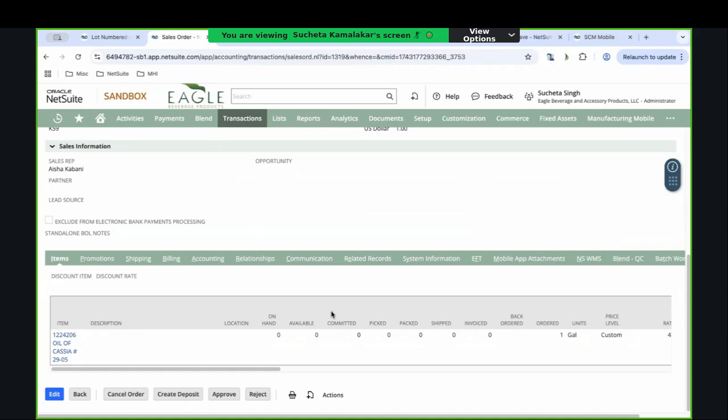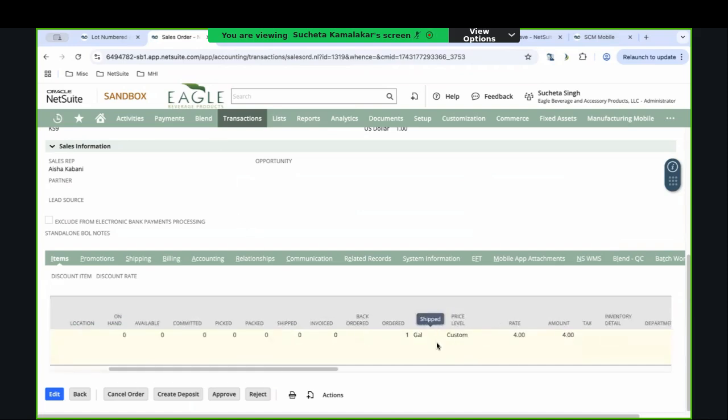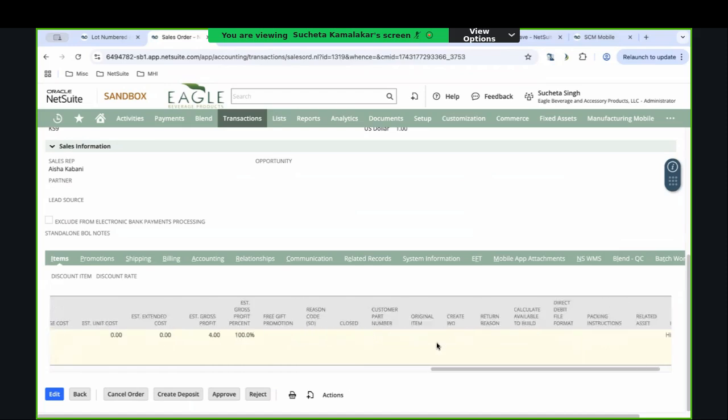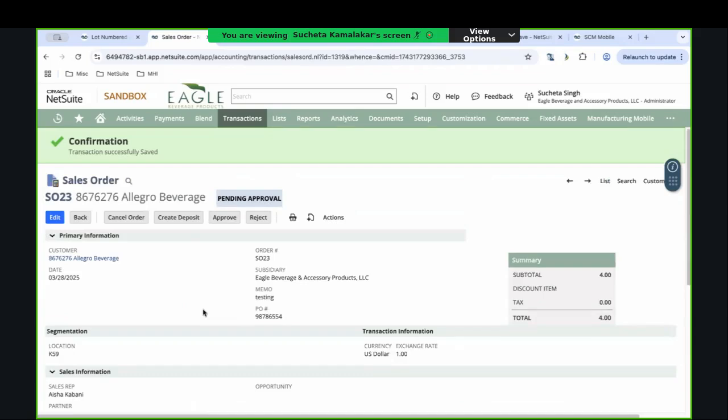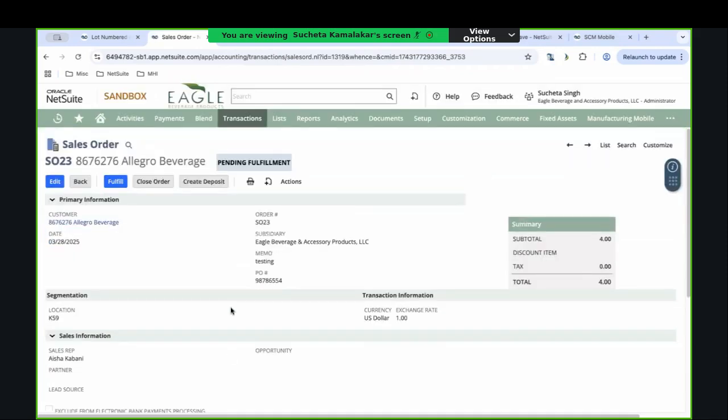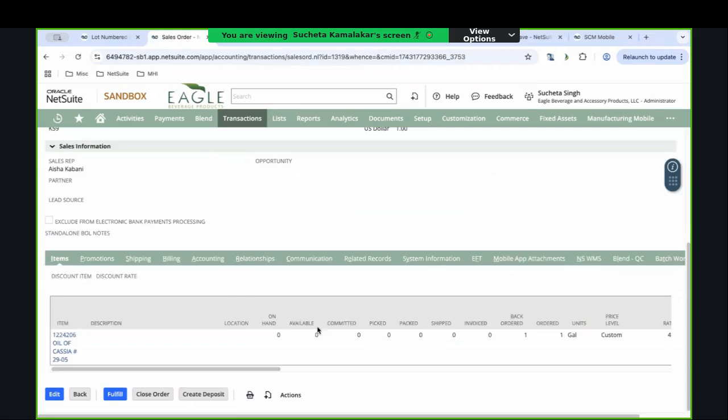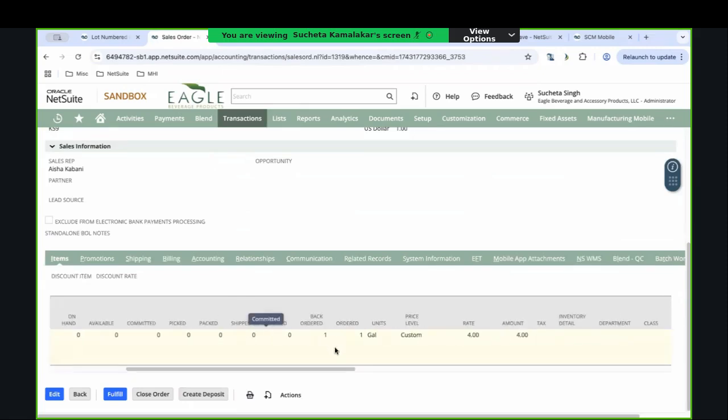So you can see here, oh, I still haven't approved it. Sorry, I thought I approved it. So again, let me quickly approve this order. Even if it were automatically creating, it happens only after order approval, as one would want. Now that the order is approved,